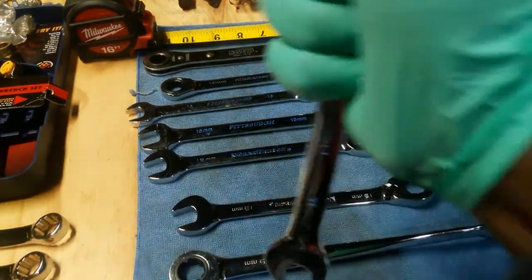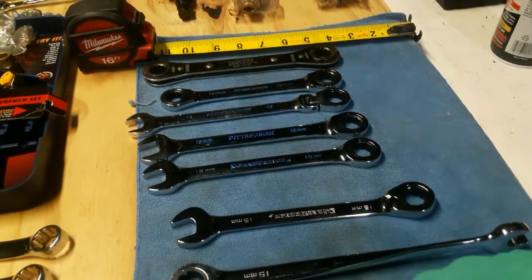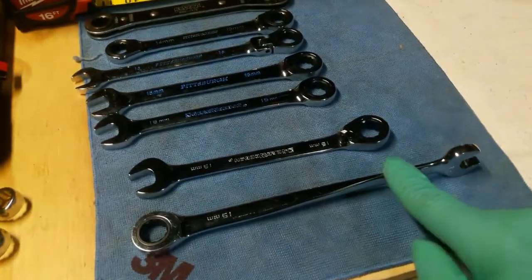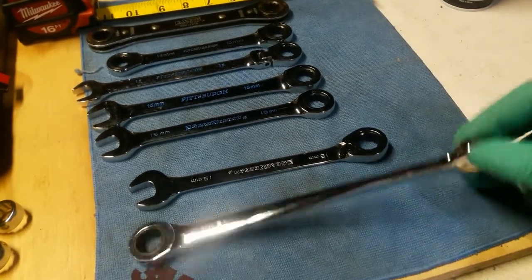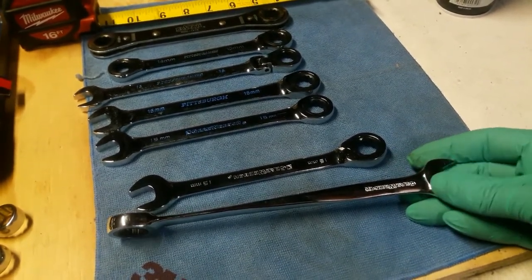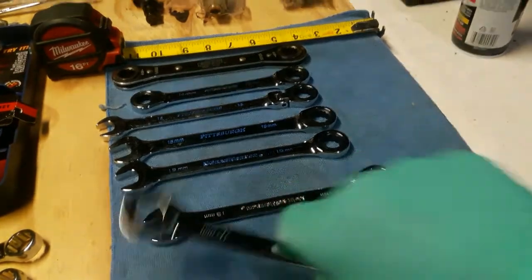But it's a narrow edge when you're using them, and they cut into your hands and whatnot. So that design is outstanding. I really love it. This one is 9 3/4 inches long, just under 10 inches, and this one is 7 3/4 also. Also on the